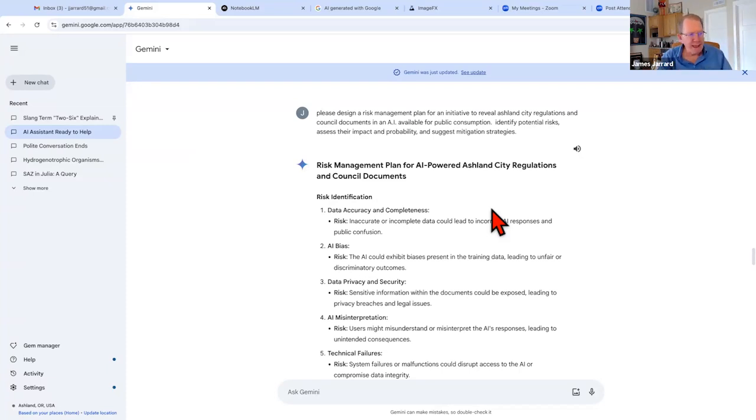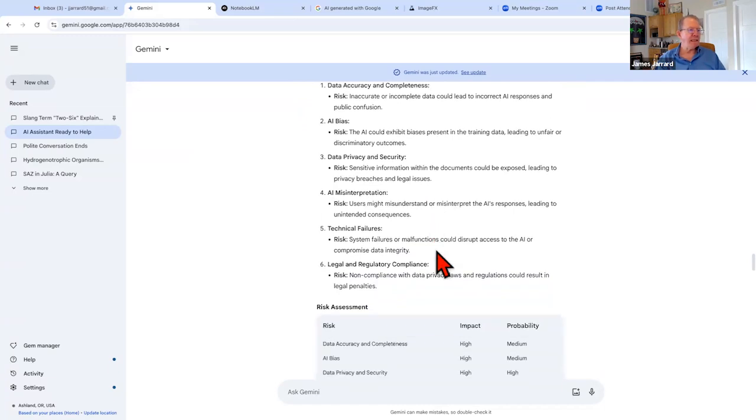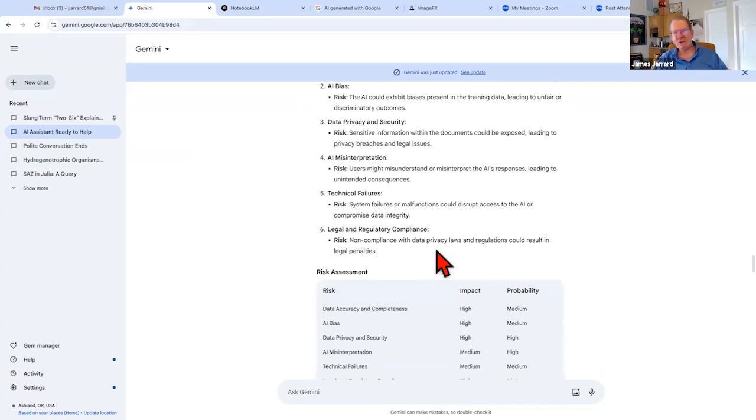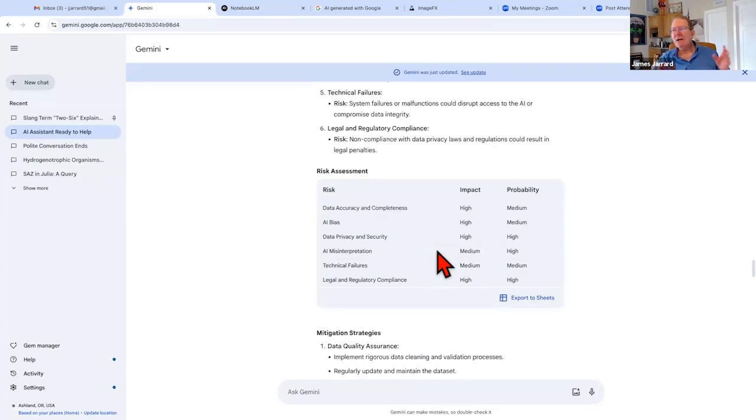What's the problem with it? Well, here's the problems as Google sees it. Data accuracy, AI bias, privacy risks, technical failures. I could get sued by Ashland. Here's the probabilities. Now remember that I gave these business-oriented prompts out last week.